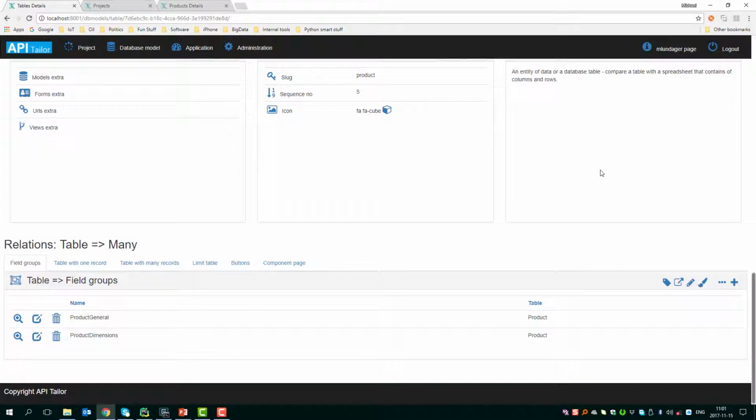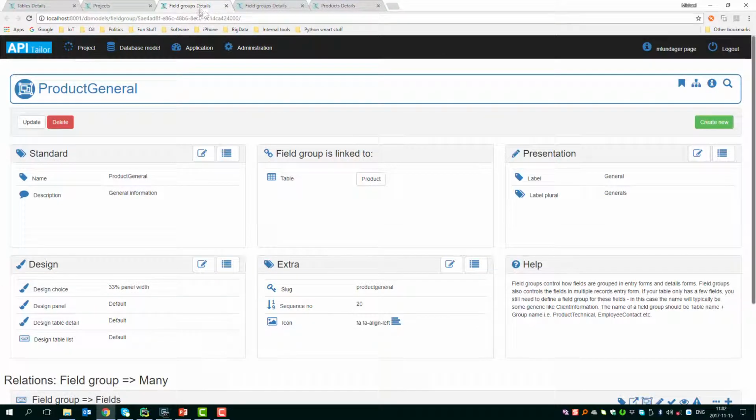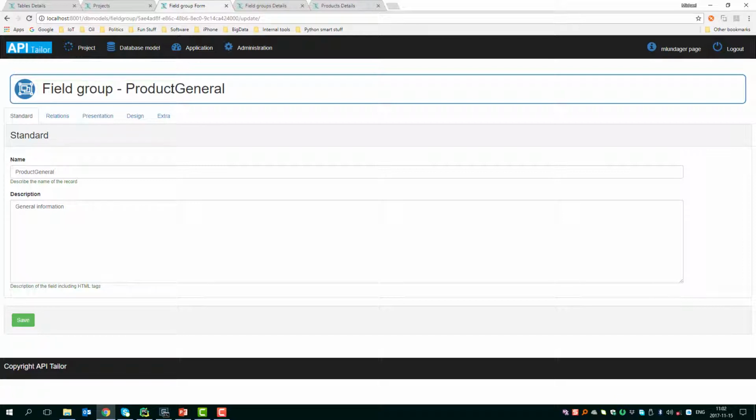So I've changed that. I will do one more change before trying to regenerate and showing you what I actually did here. I'll go to the field groups. We have 2 field groups under products. Let me do a little trick here. I will hold the control button down and click go and show, and you will actually have the 2 groups here, and then you can update them directly in another tab in your browser, at least if you're using Chrome